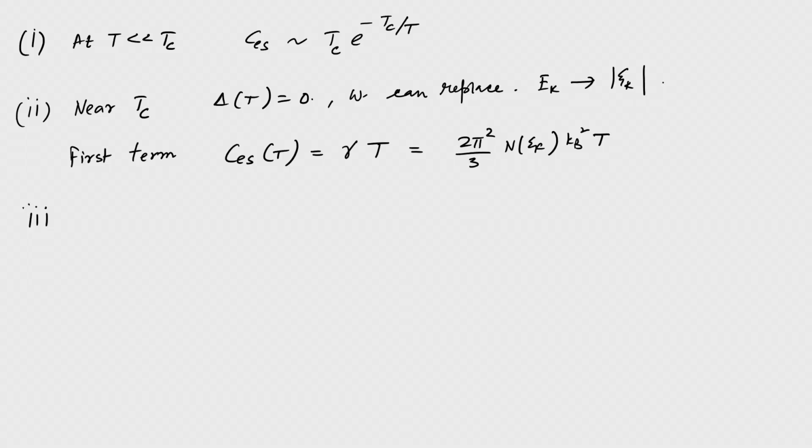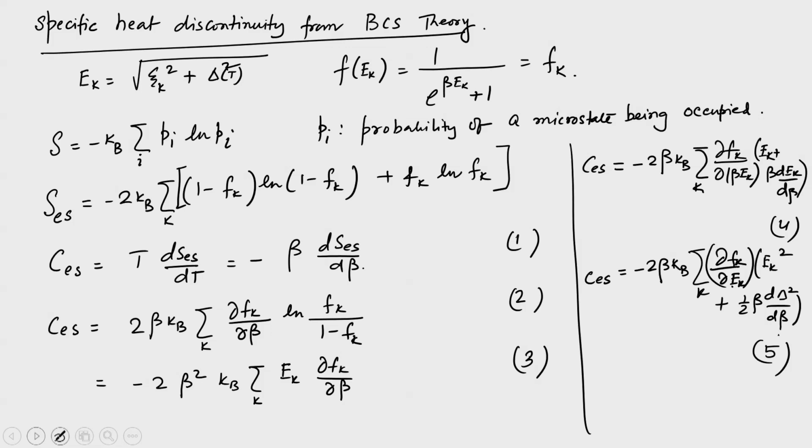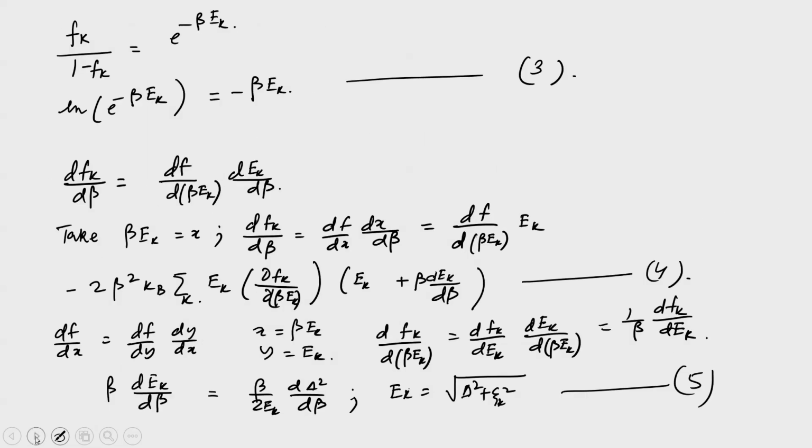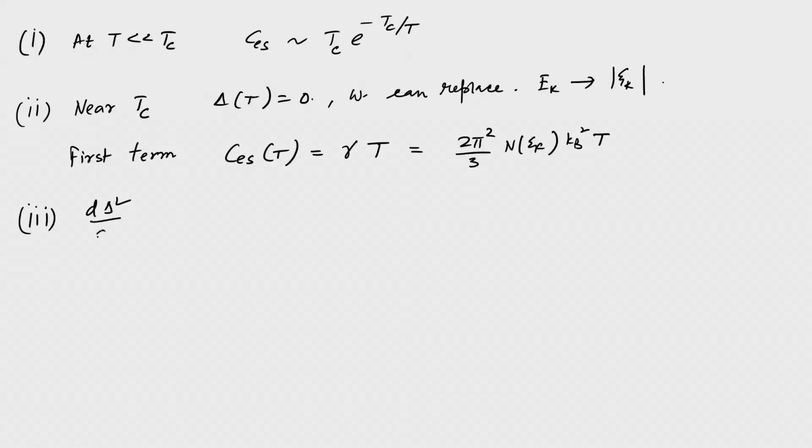Now, the second term, that is the d delta square d beta, which is the second term in equation 5, is actually finite,